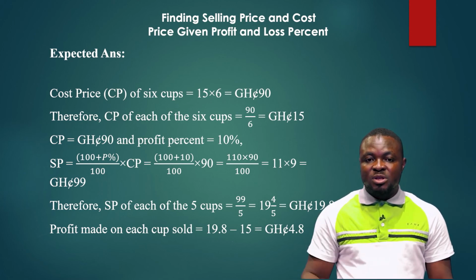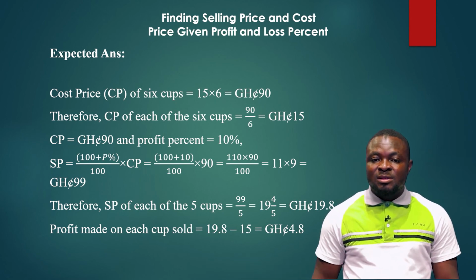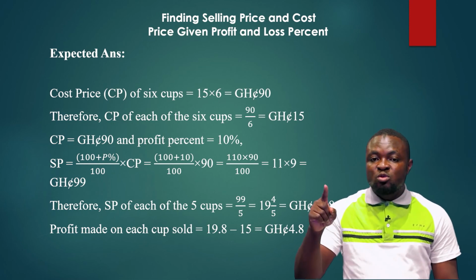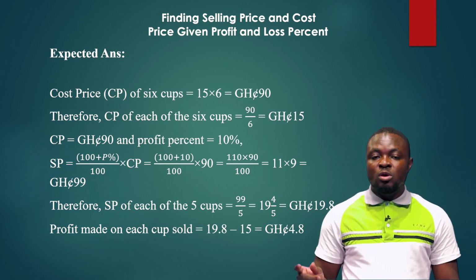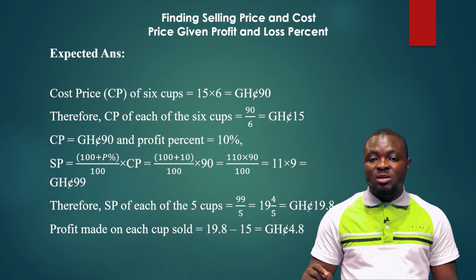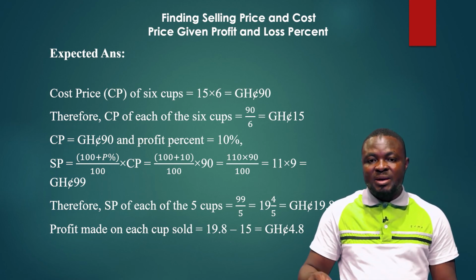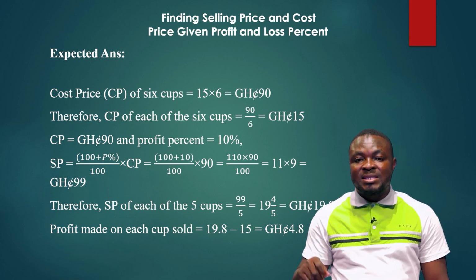19 whole number, 4 divided by 5. And during our lessons on fractions, to be able to find 4 over 5, you just need to know 1 over 5, then you multiply that by 4. 1 over 5 gives us 0.2. When you multiply 0.2 by 4, you get 0.8. So instead of 19 whole number, 4 over 5, you can write it in decimal fraction form as 19.8 Ghana